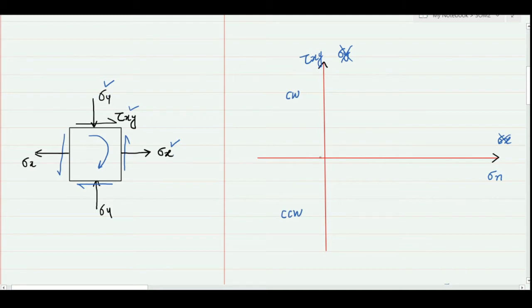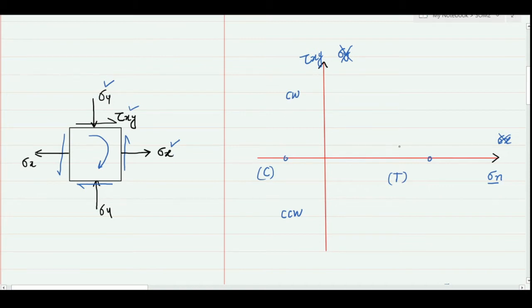Similarly, in case of this horizontal axis which is representing the normal stress, if my normal stress is tensile, I will make it on the positive side. If it is of compressive nature, I will make it towards the negative side. Now based on this assumption, first what we do, we consider the stress values on the x and y axes, and then we create a circle.